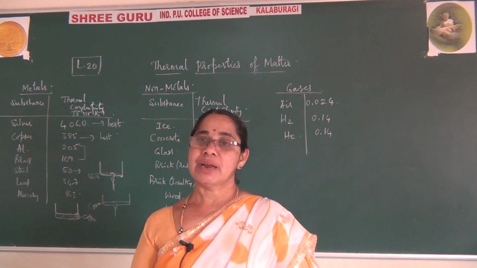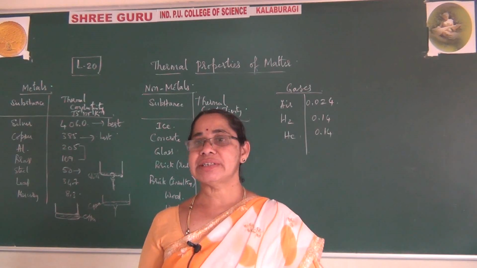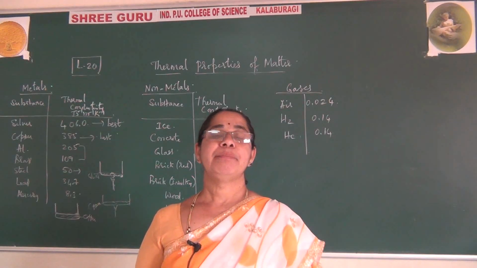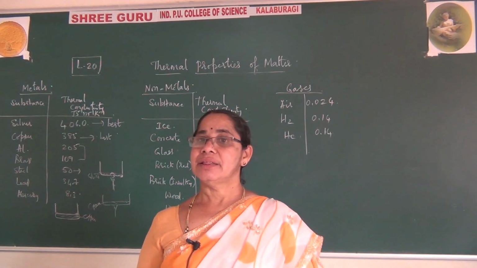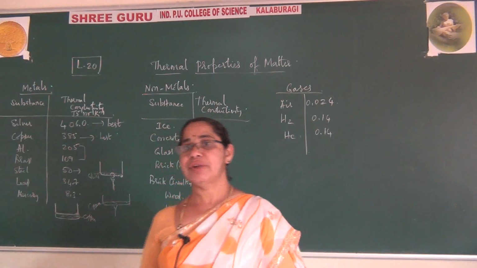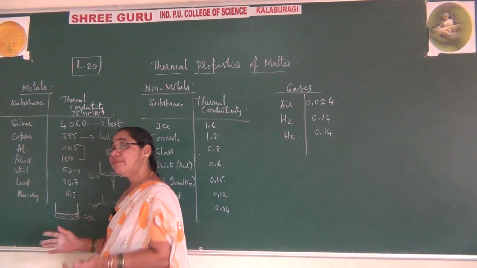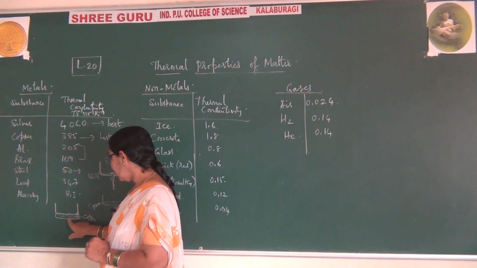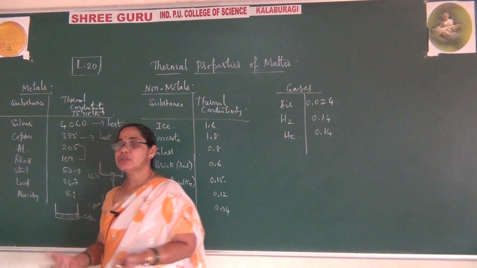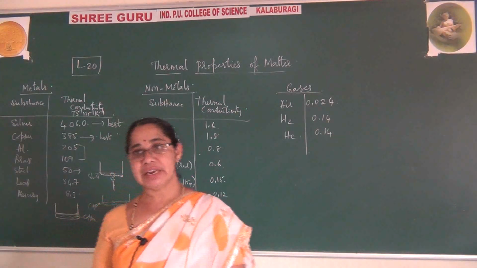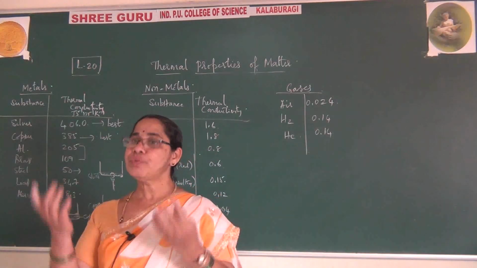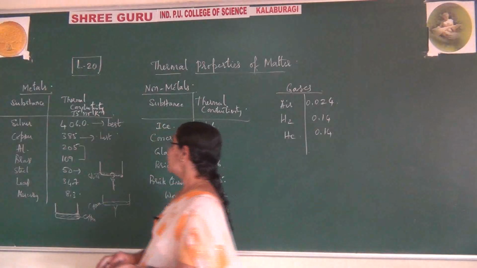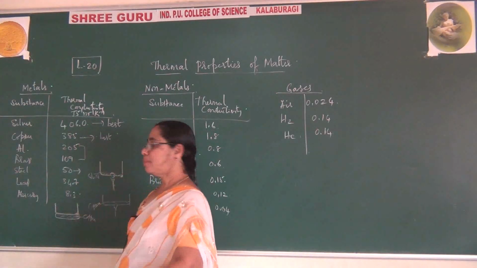So nowadays you can observe everywhere that copper bottom vessels are useful to cook food easily and very fast. But that will never make our food poisonous, because we are not making the food come in contact with the copper. We are making the outer layer with steel vessels, which is also mixed with nickel, due to which it will also cook very fast. So nowadays we prefer to use copper bottom vessels. Okay, so this is how we can observe copper bottom vessels.